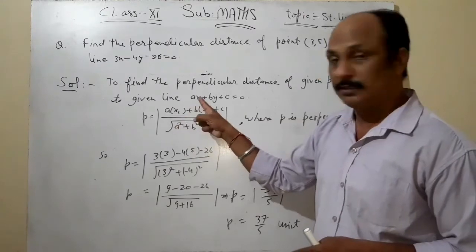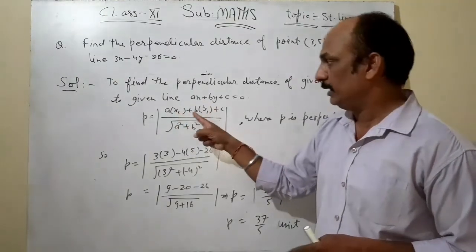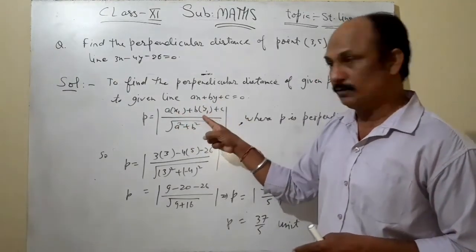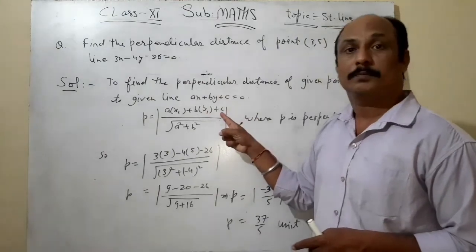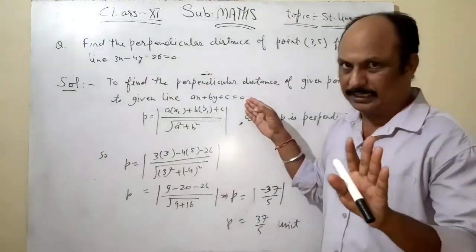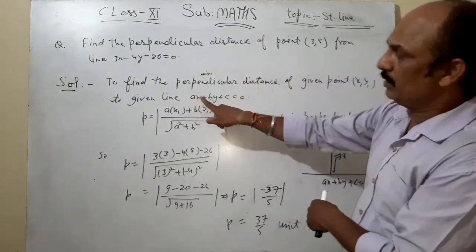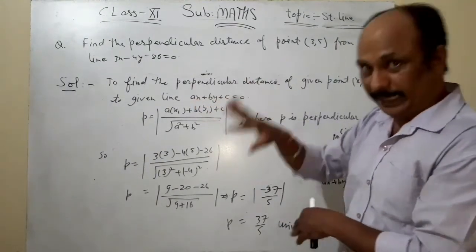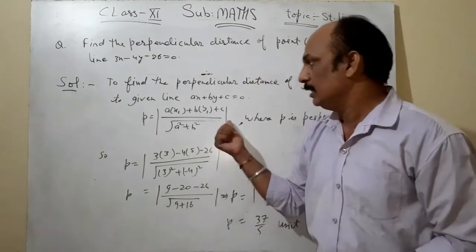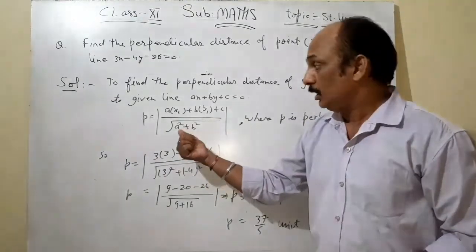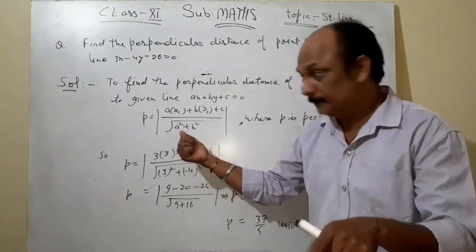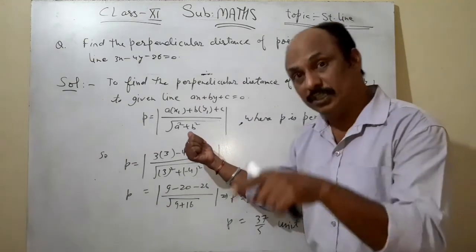A in place of x x1 and plus b in place of y y1 and plus c. ये जीरो मेंशन नहीं करना है, ओनली हमारे को ये कंडीशन यूज लेनी है, a x1 plus b y1 plus c